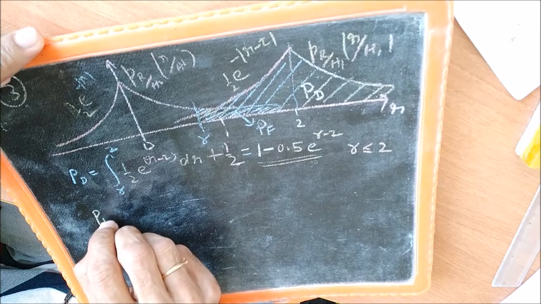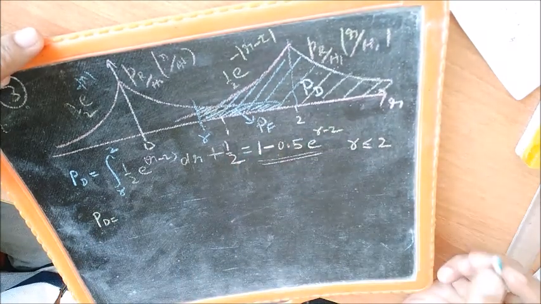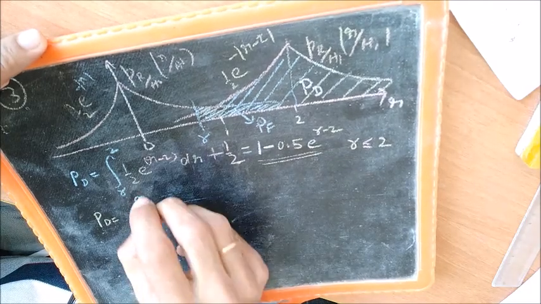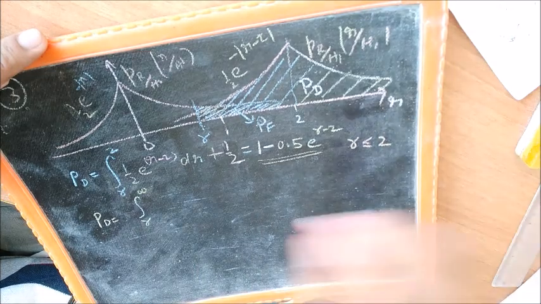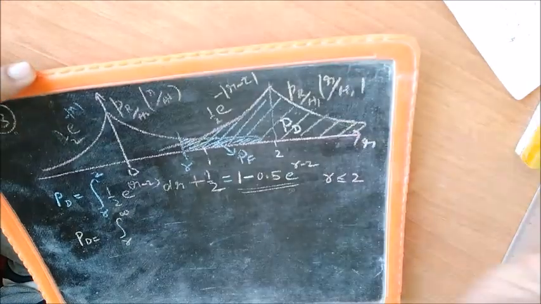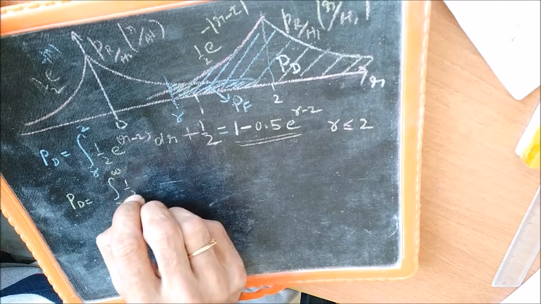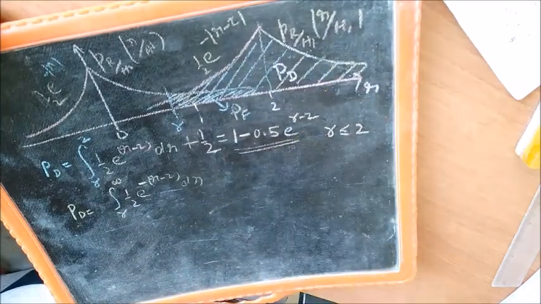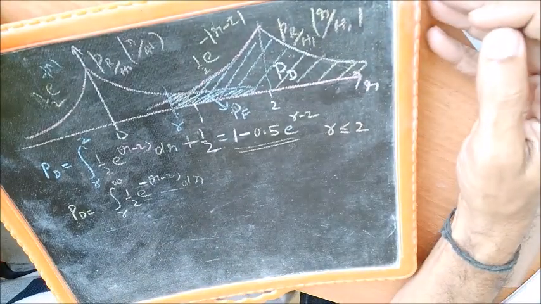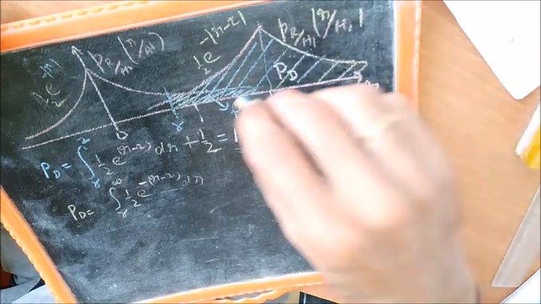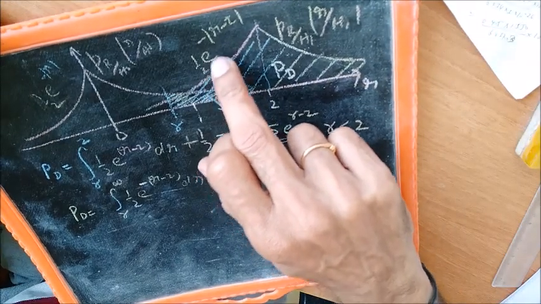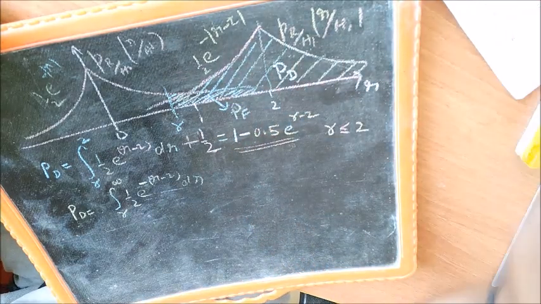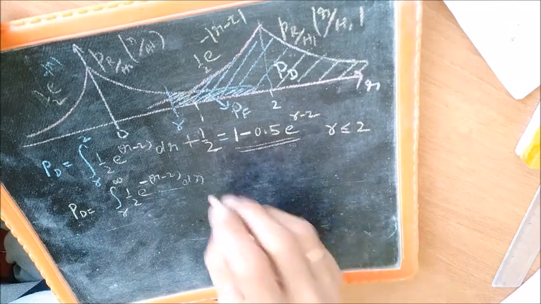And the probability of detection will be, let's say now gamma is more than 2. When gamma is more than 2, the probability of detection will be the integral from gamma to infinity of half e power minus |r minus 2| dr, because now you are on the other side of 2. So for example, if you take r equal to 3, you calculate this, you will get half e power minus magnitude 1, which will be e power minus 1. And if you put 3 here, indeed you get e power minus 1.